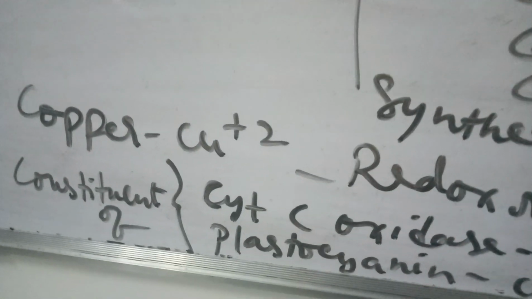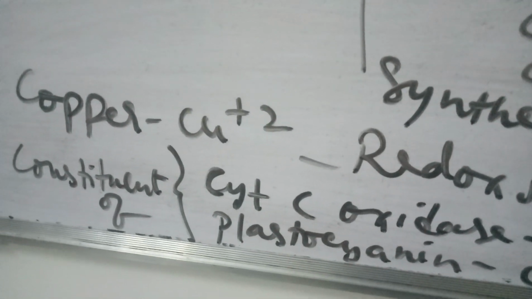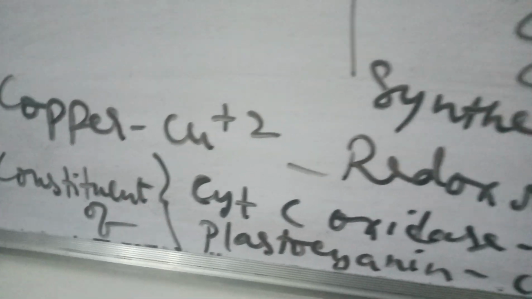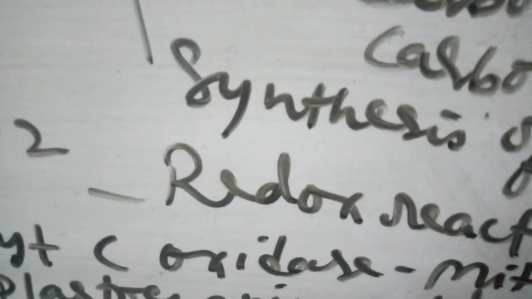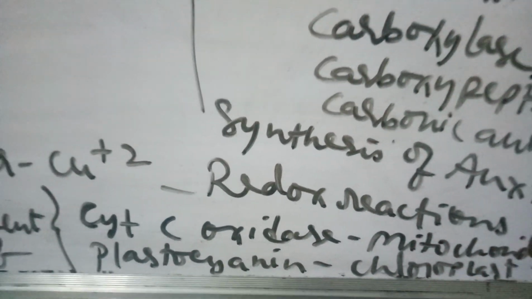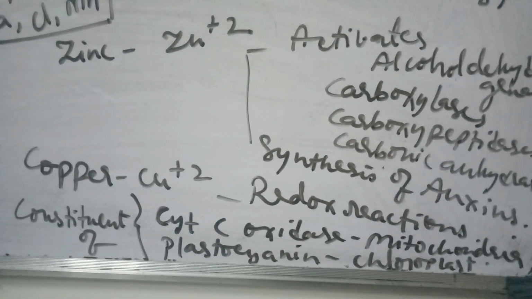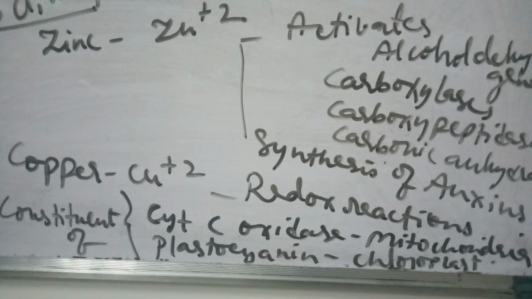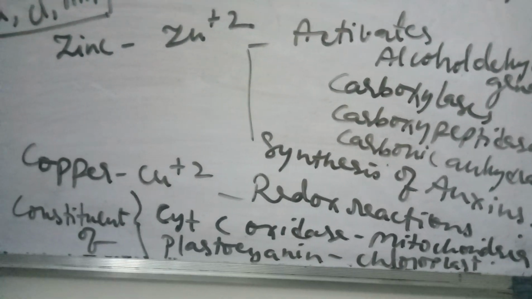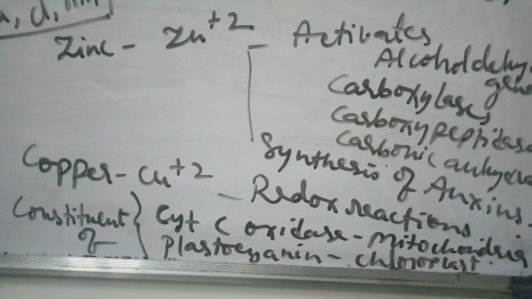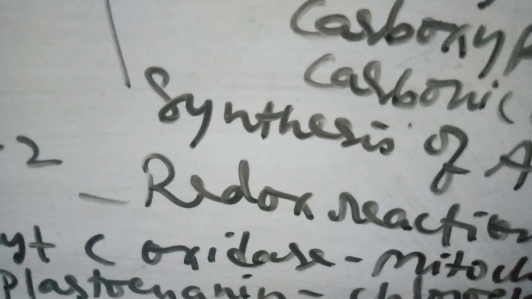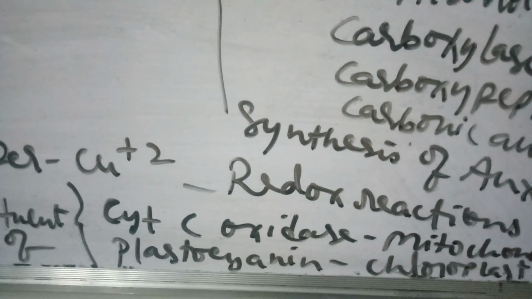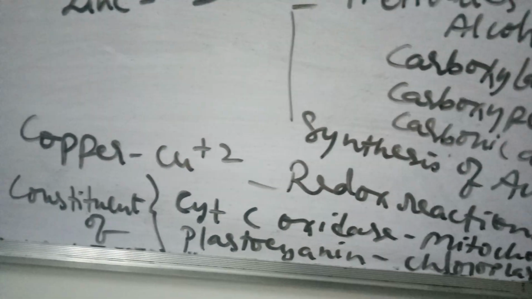Coming to copper. Copper is absorbed in the form of Cu+2. Copper plays an important role in redox reactions. Already we discussed what redox reactions are: reversible reactions, where Cu+ converts into Cu+2, and Cu+2 again converts into Cu+. That type of reversible reaction is called a redox reaction. And copper also is a constituent